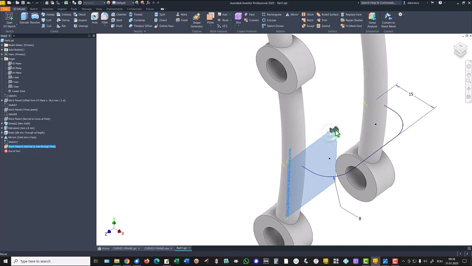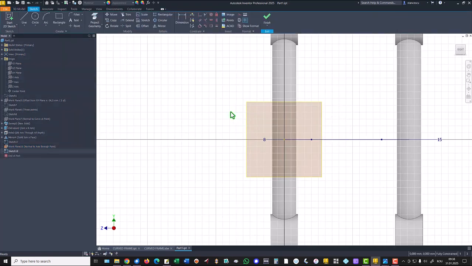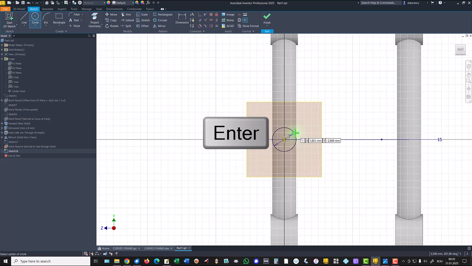We use it to create a new sketch. We project this point in the sketch, circle, diameter of 7 like the other cylinders. Finish sketch,